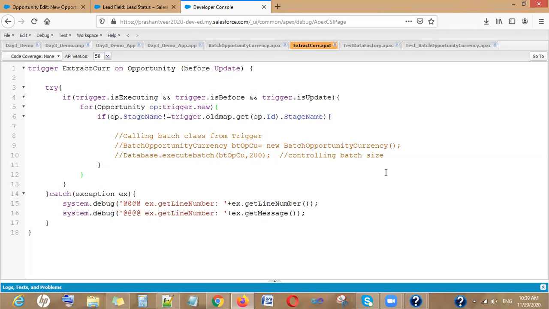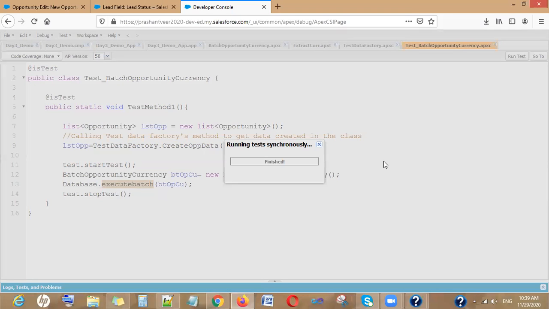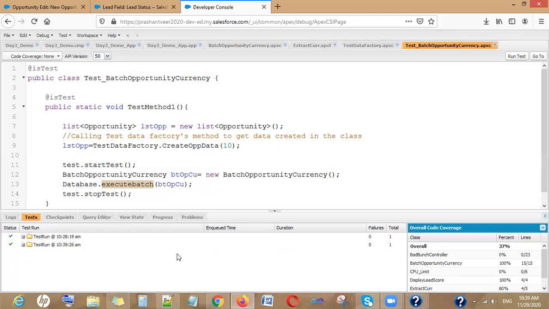Once we provide the data of the object, it is automatically called because the trigger understands that something happened on the object, and we get the coverage. So let's run it